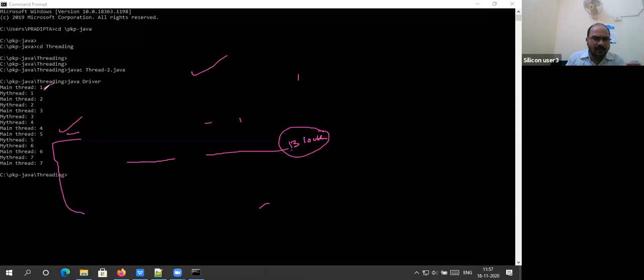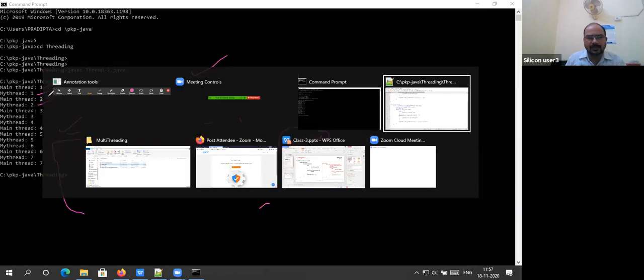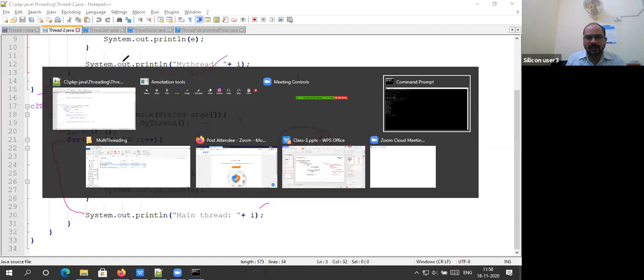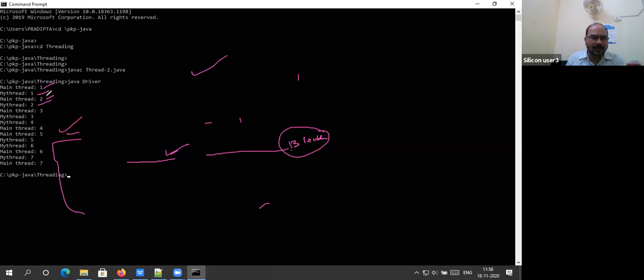Main thread 1, main thread 1, main thread 2, main thread 2. See here, the scenario. So this thread will block. When it is blocked, the other thread gets a chance to execute. That is T1. So they will execute concurrently and display the numbers 1 to 8. The first thread will display T1 1 to 8, and the main thread also displays 1 to 7. But there will be a switch between thread to thread.